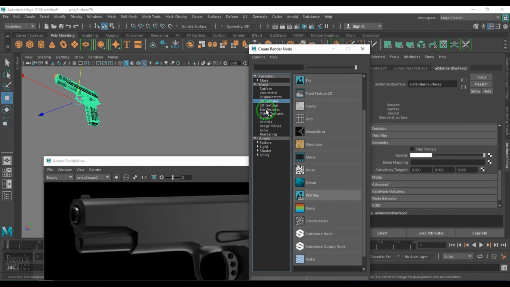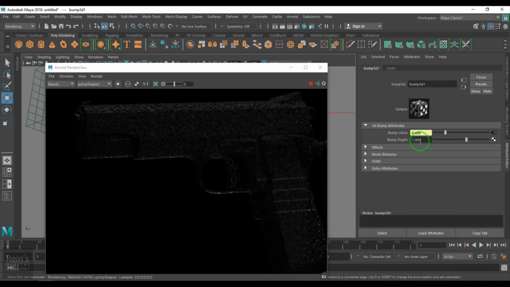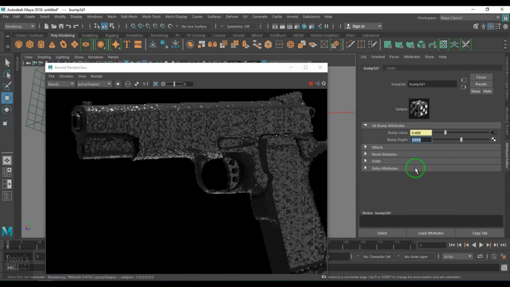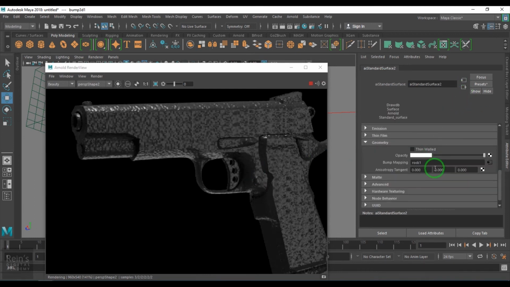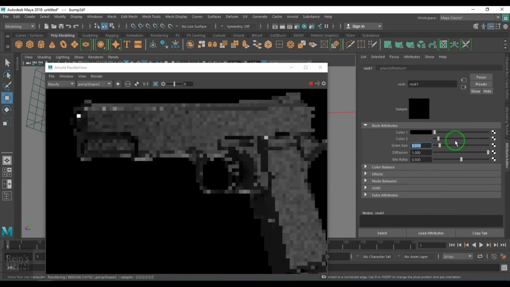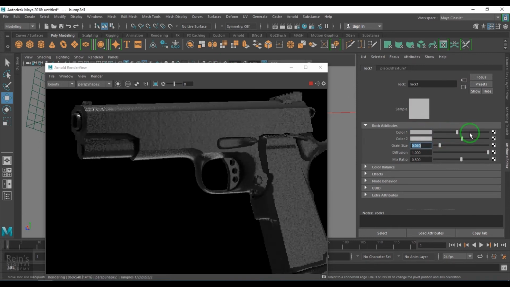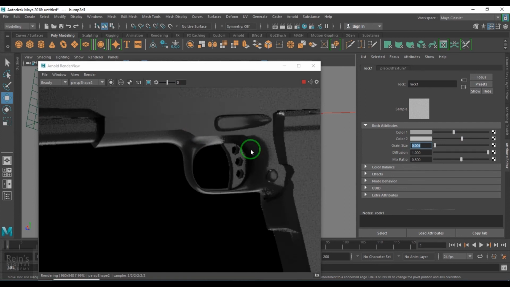For the paint shader, maybe we can assign some bump here. I'll go to the geometry and then choose a 2D texture. We don't have anything grainy in 2D texture, so I'll be taking 3D texture, rock, and then I put a value of 0.01.